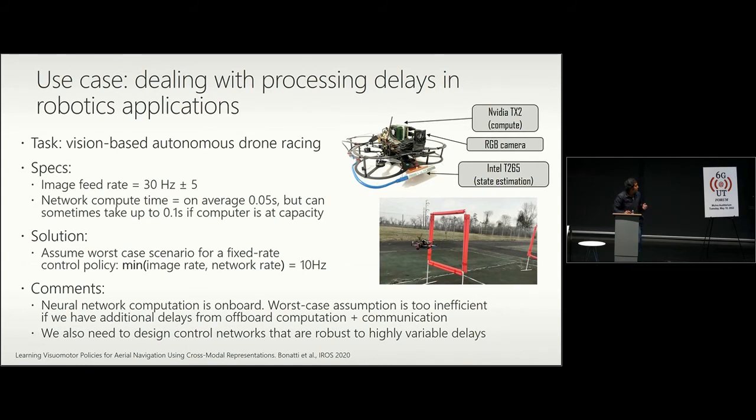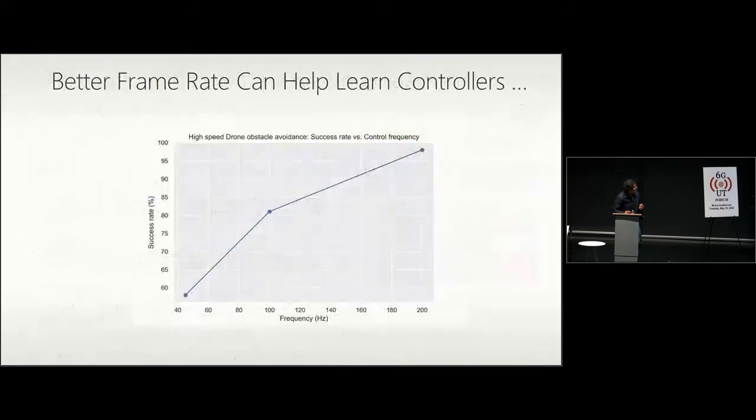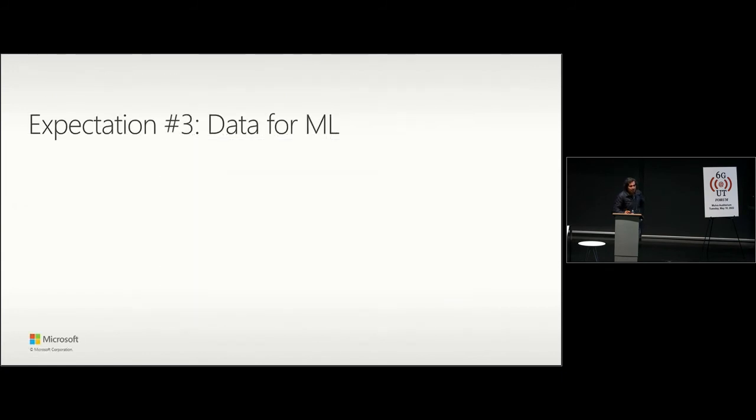I mean, it's going to hurt quite a bit at that time, right? And we have various experiments that show that higher frame rate actually makes your machine learning problem much easier, right? So having some kind of quality of service, not only on latency, but also on the jitter of the network will be very crucial. And that's something I don't think is voiced enough from the machine learning community. But as someone who's doing field robotics, I would love to learn more and see how we can build upon your expertise. So the third thing is the data.